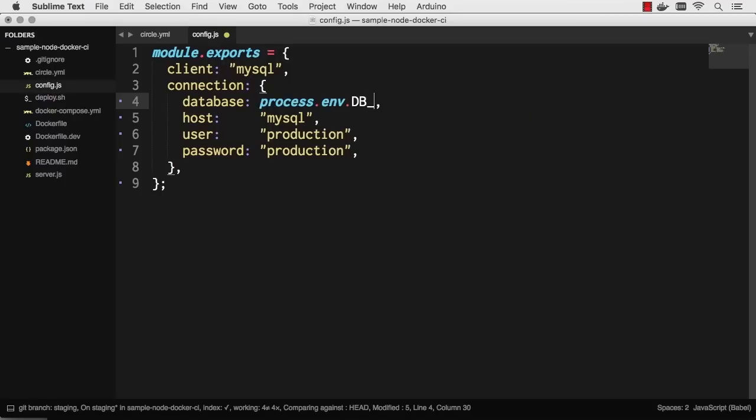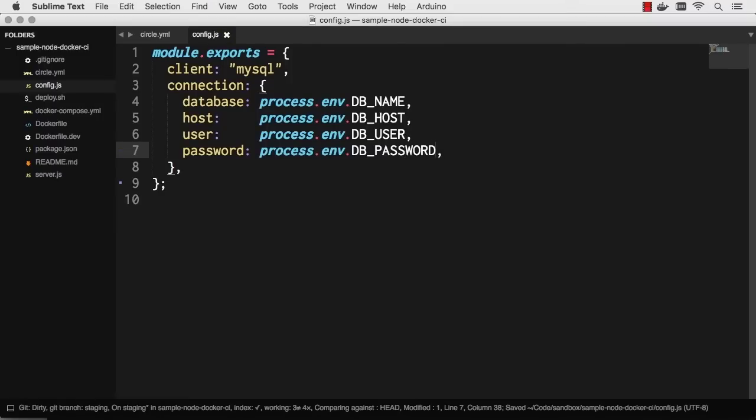We'll call it dbname and we'll call this host. I'm just going to go ahead and snatch that there to make it easy. And db password. There we go. So that is the exact same snippet of code across all environments. Now we can put those environment variables in our Docker file, and we can actually build the image we need